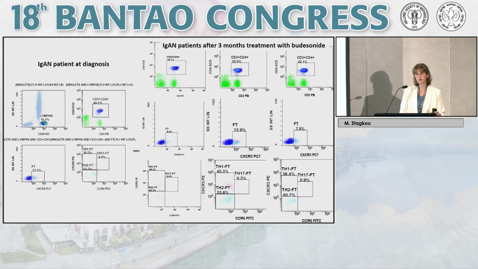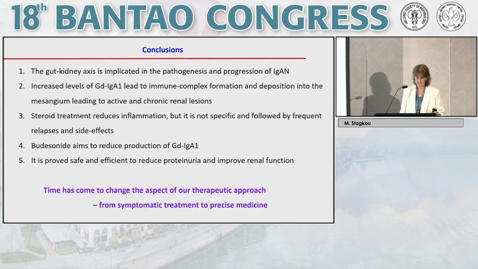And these are some of our preliminary, very preliminary results. We can see here that follicular T cells were increased in a patient before starting budesonide. And here we've got 3 patients with almost 0 follicular Th17 cells in the serum. That means that indeed this drug is going to reduce follicular T cells. Follicular T cells are responsible for activating B cells and plasma cells and producing the antibodies. So we think it is a very interesting result.